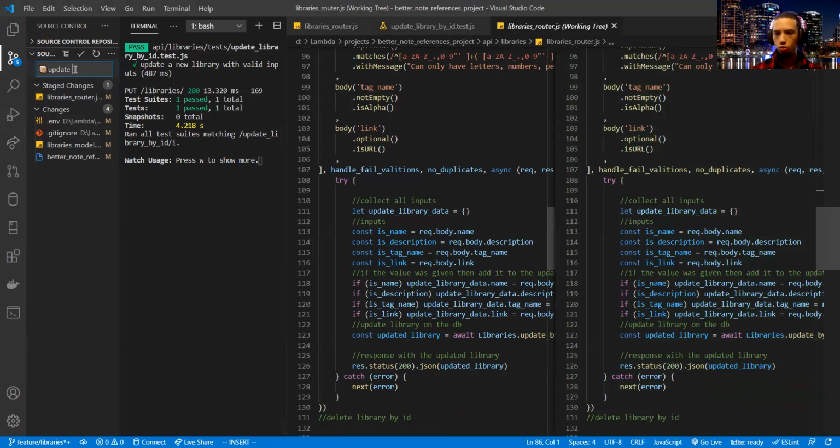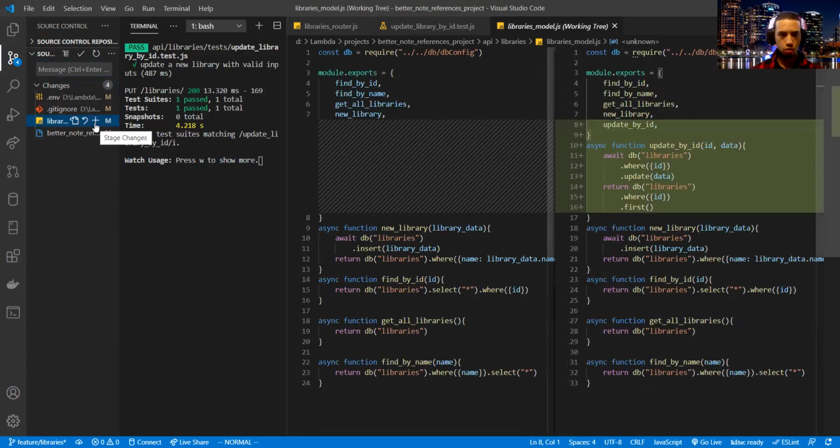So this is the actual resource. So it's like update. Update library with valid inputs. This is the SQL.